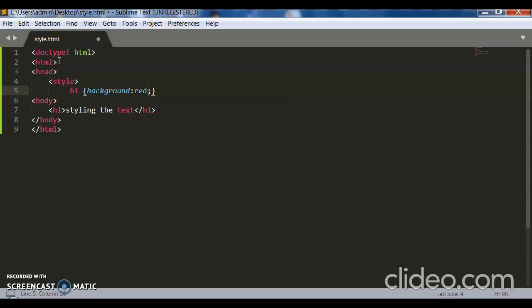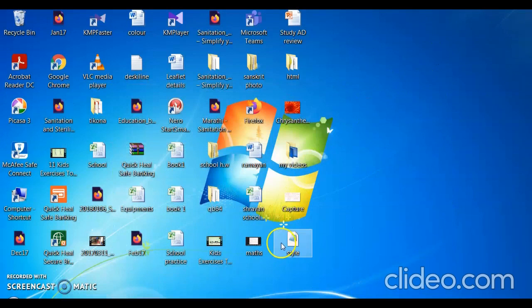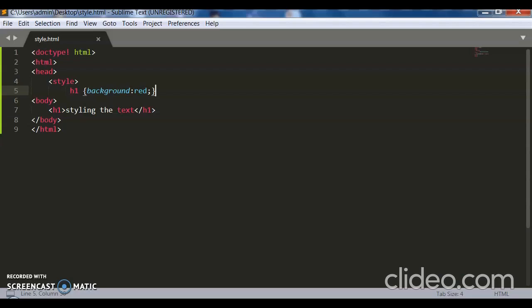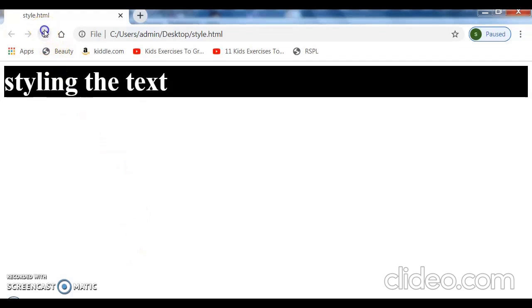If I want to just keep the background as red, it will be just like this. You can write this, but if you want to write many things in it, you need to follow other steps. But let me just show you that it works. Save, and then we already opened it, right? So